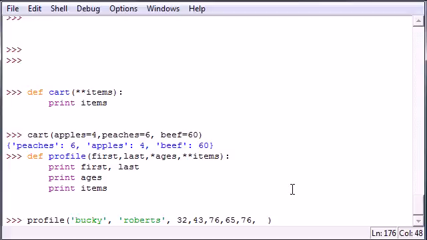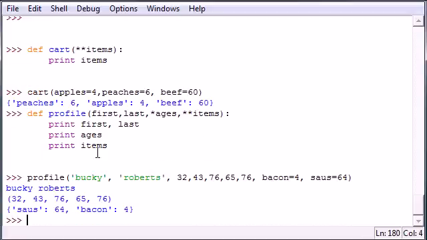So let's go ahead and put bacon equals 4, and once it sees you're using an equal sign, it says, alright, this equal sign can't be used in a tuple, so it must be used in the dictionary. So these I'm throwing in for the first two. Since they were a set value, you can only enter 1 for each. These are going to be the tuple since they don't have an equal sign, and this does have an equal sign, so it must be the dictionary. So bacon equals 4, sausage equals 64, and that's good enough for now. Let's go ahead and press enter, and as you can see,